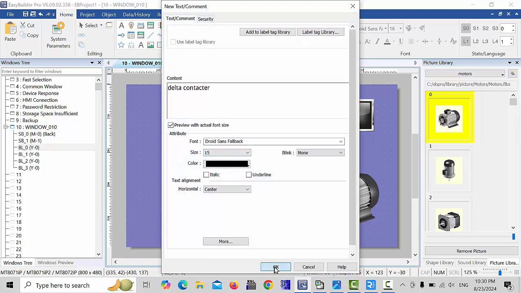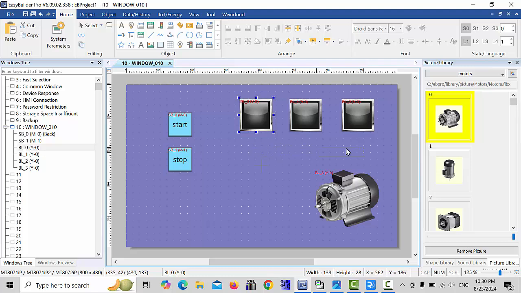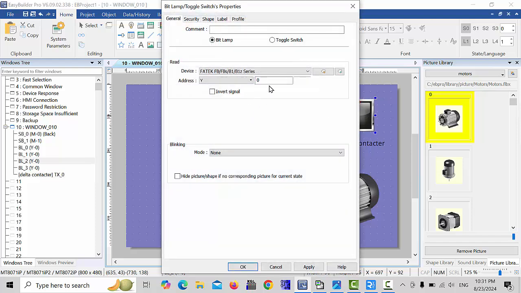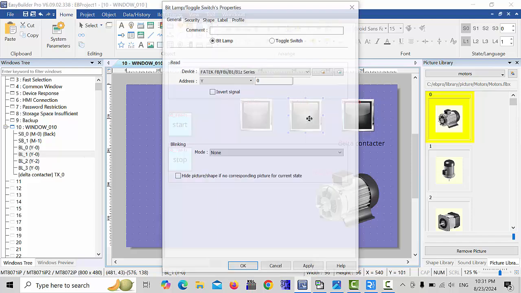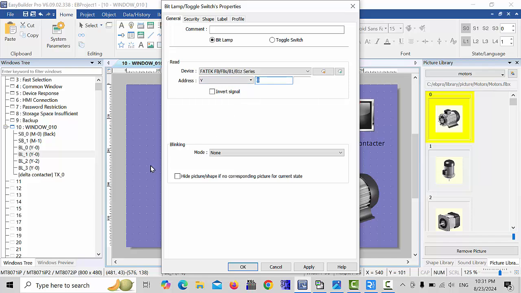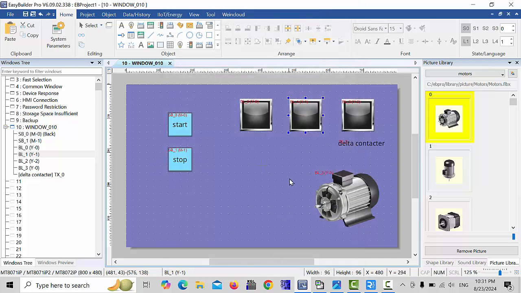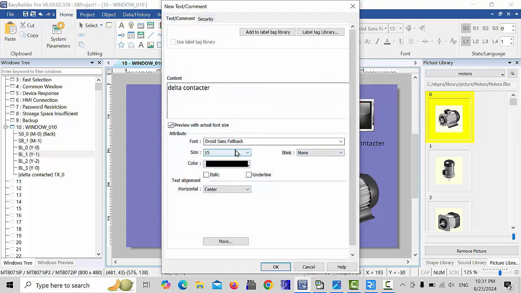delta contactor. This one we can place it here already, this is the one, this is the y, this is the y2, this address also we will complete it. And this is we will give the address y1, and here also we will give the